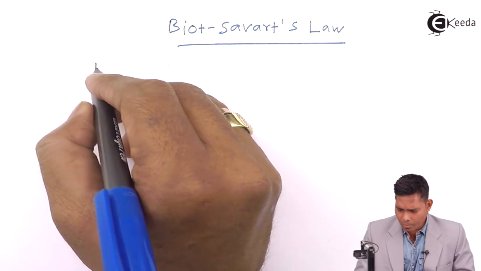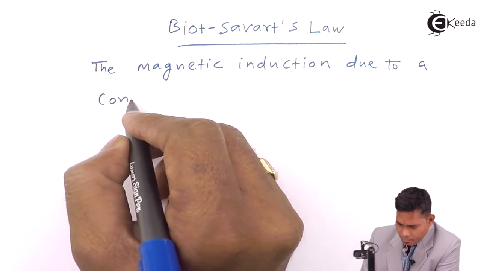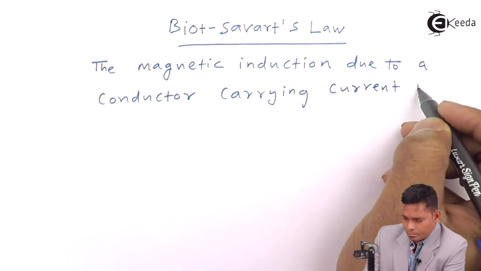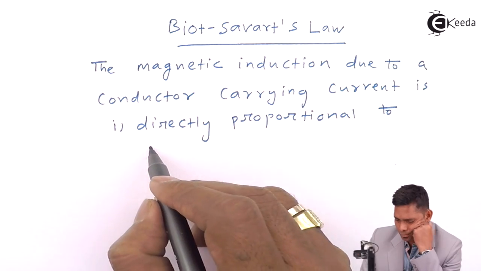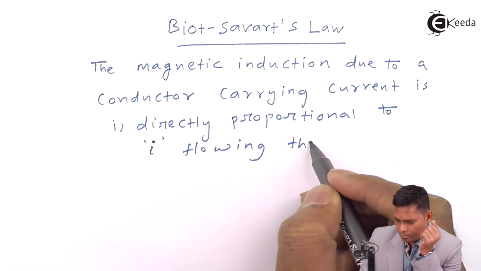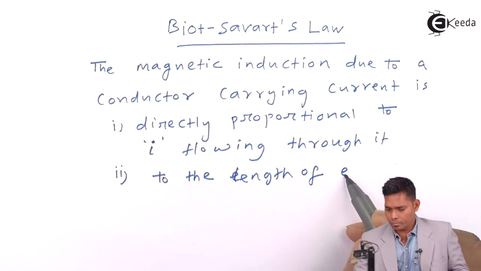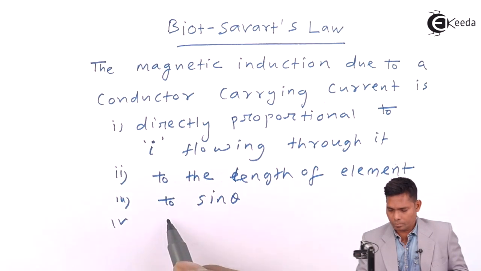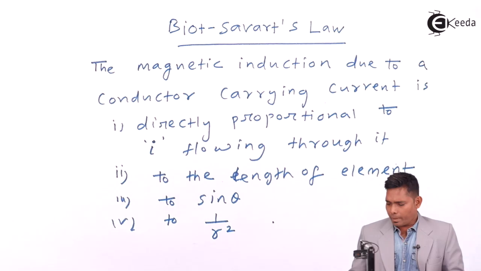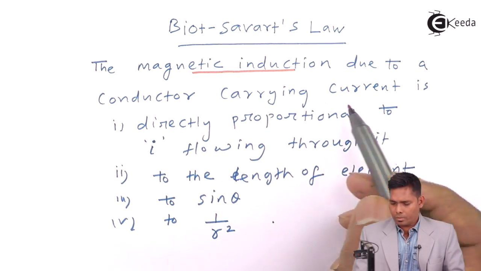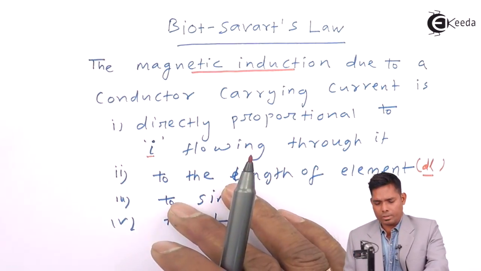So it is said that the magnetic induction depends on the current, the length of the element dl, sin theta and r square. Combining these four relations, we have